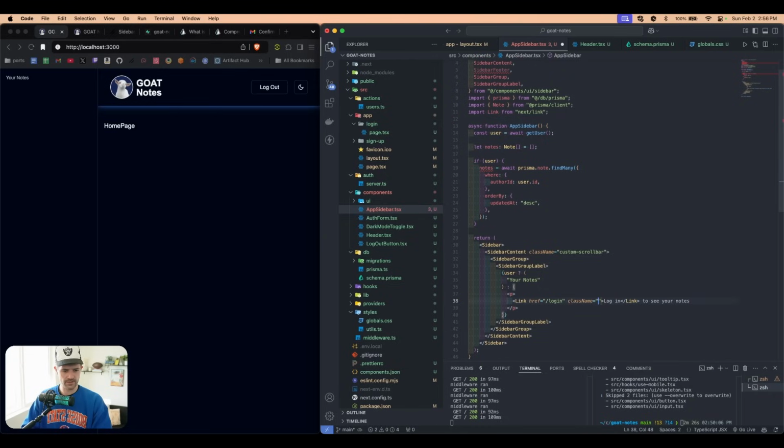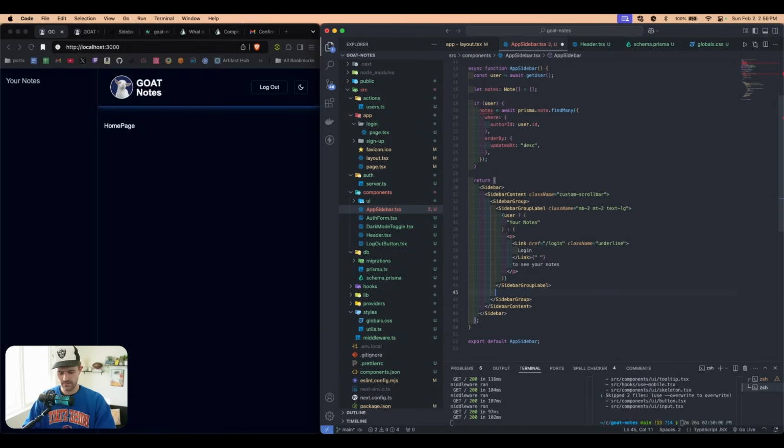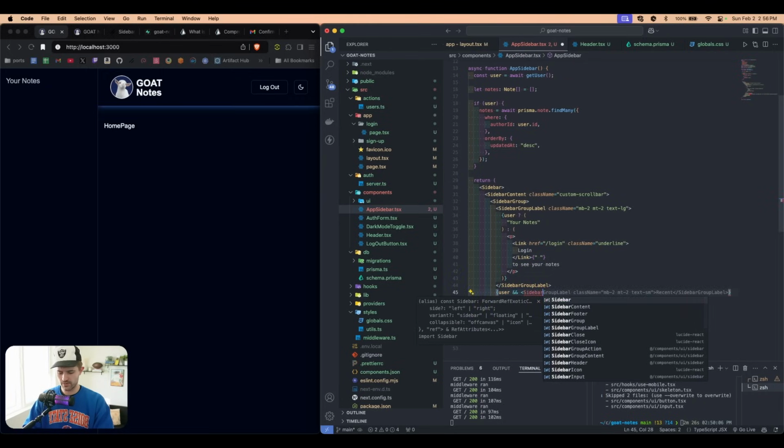We're going to say class name. We're going to say underline. And then instead of this space, we're going to just make it one word. And then we're going to come to this sidebar group label. We're going to add a little styling. We're going to say a margin bottom of 2, margin top of 2, and text large. And then below this, I'm going to say if there's a user, we're going to display sidebar